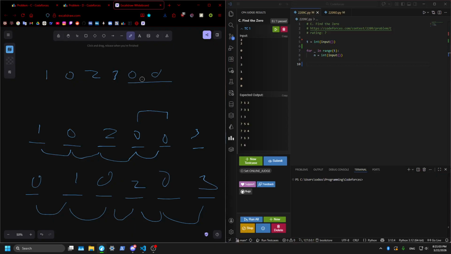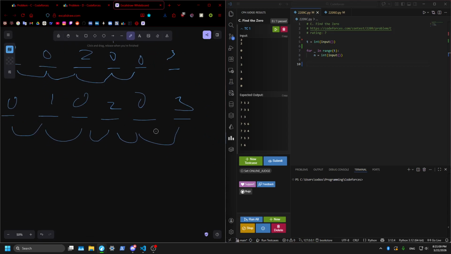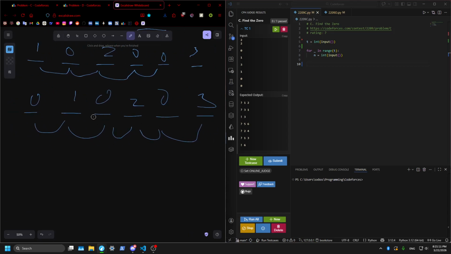Oh, you'll have zeros next to each other, right? So this is the only case where you'd have to do this unique check. And what you can do is query the first and the third, or okay, what is